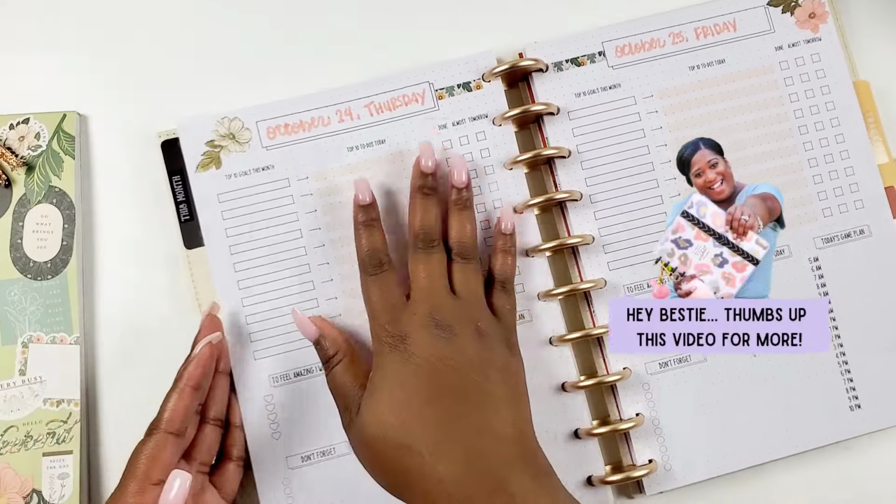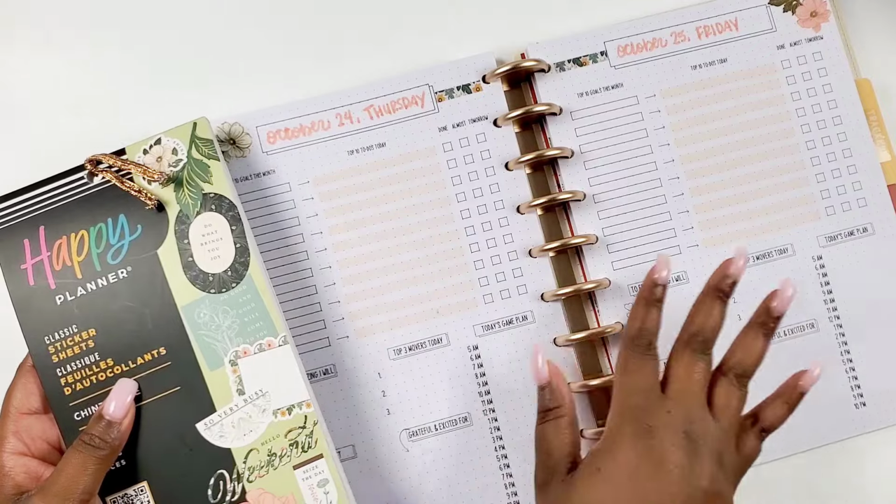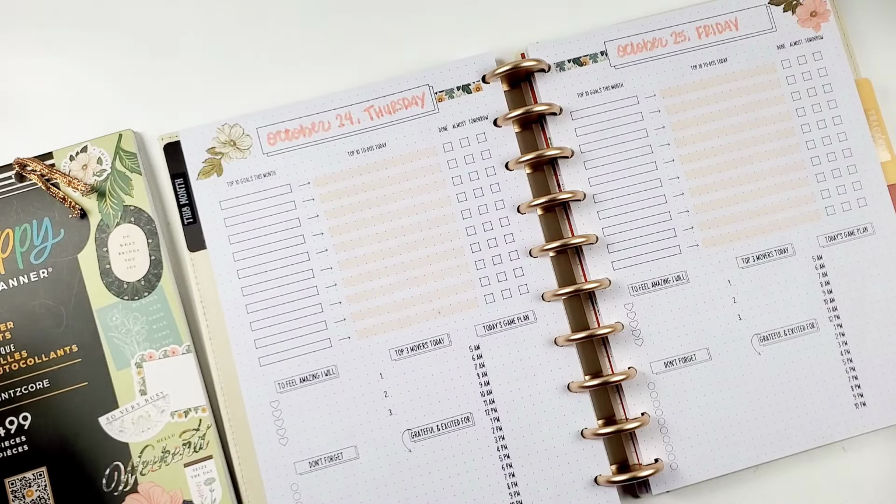Okay, so today we're going to be filling out Thursday, and I do have the sticker book here because I like to pull quotes and things just wherever I see fit. Okay, y'all, so lately I'm going to switch it up for this video. I know I typically pull out my apology too. Y'all are used to seeing that,